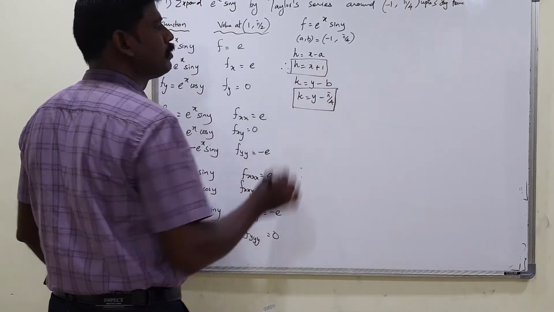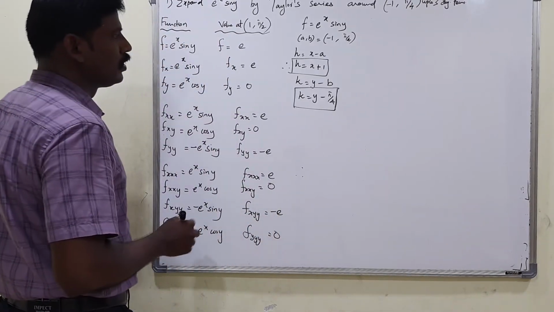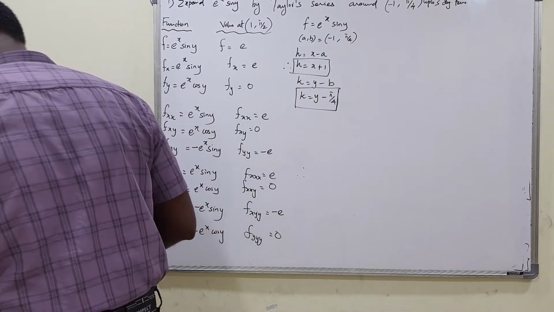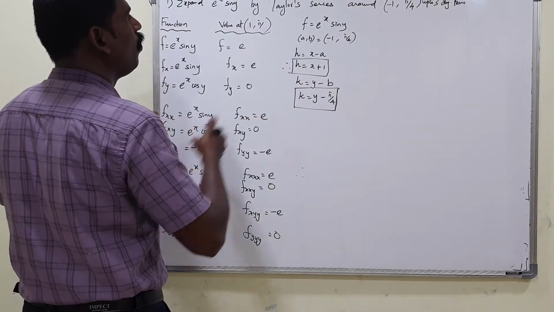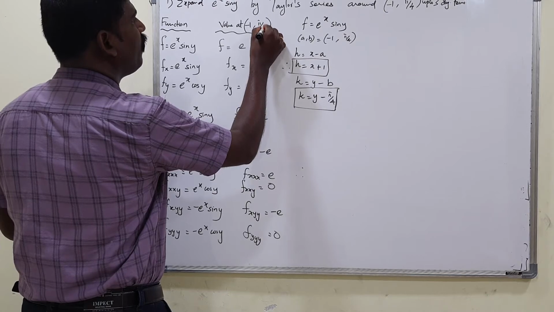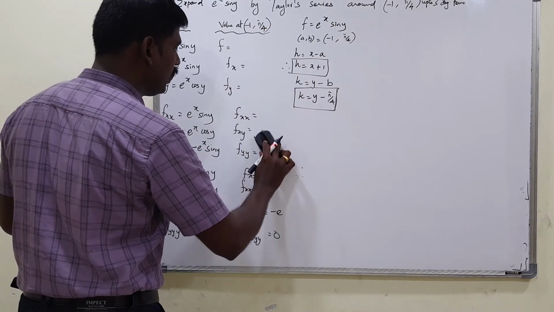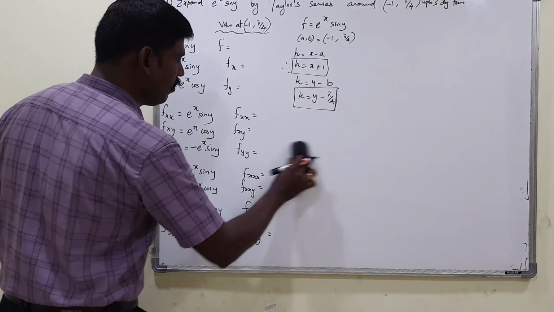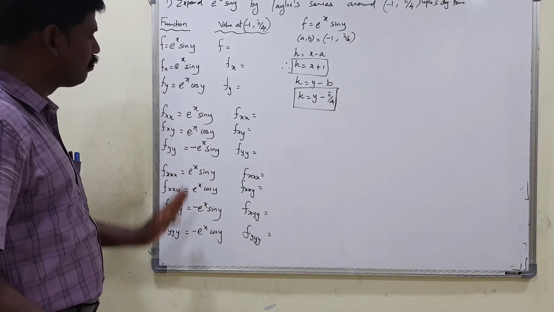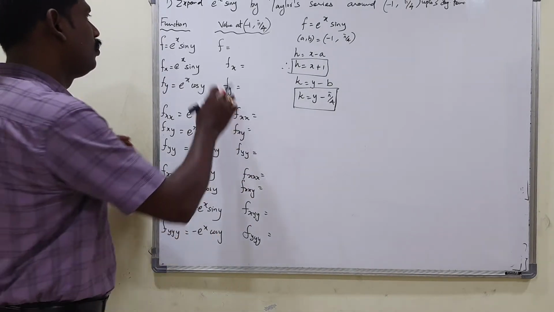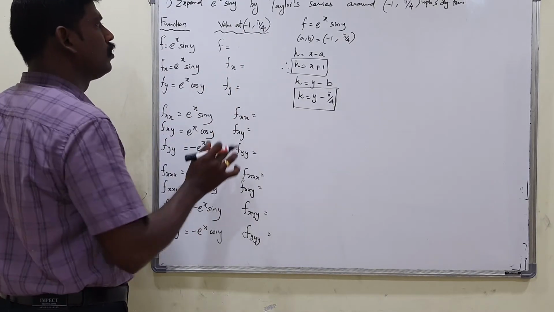So replace h by x plus 1 and k by y minus pi by 4 in the Taylor series expansion. Right? That's all. The function is as usual the same function. So we just need to find out the value at minus 1 comma pi by 4, isn't it? Right? So I am going to find out the value of the function at the point minus 1 comma pi by 4. The function is the same as the previous problem. So I just keep these partial derivatives the same. So I am going to find out just the values of this function at minus 1 comma pi by 4.